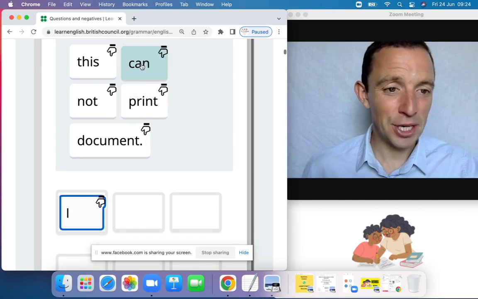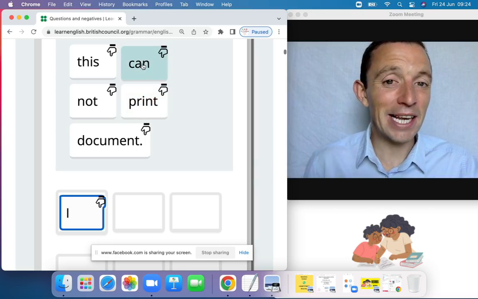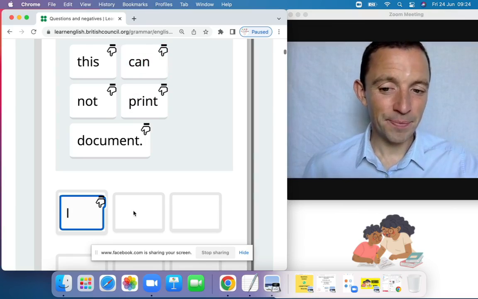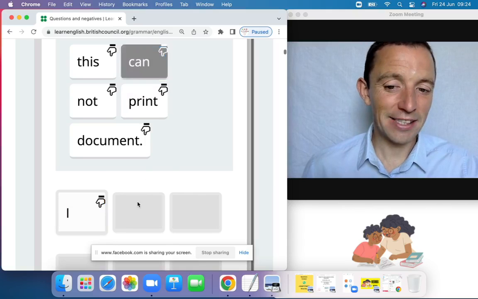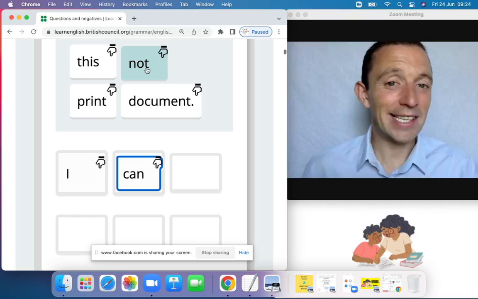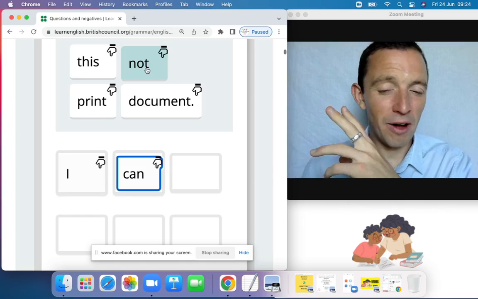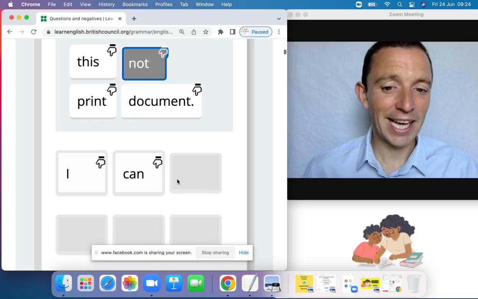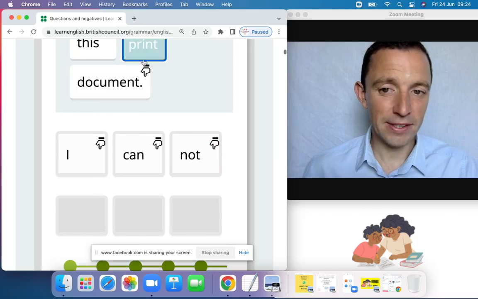So I have the permission to print, or I have the ability to print. So I can print. However, we need the negative, and the negative is not, and the position of not is after the first part of the verb. I cannot print